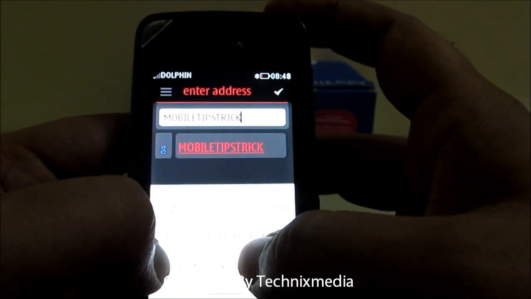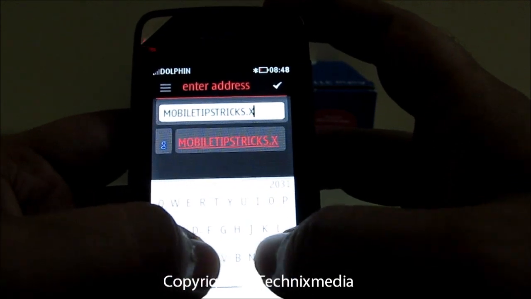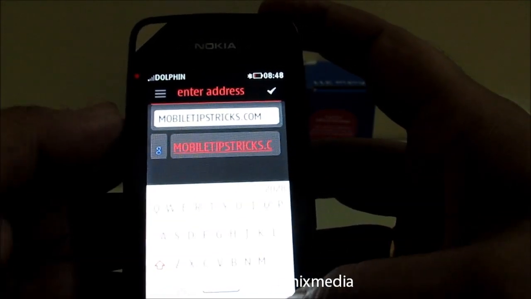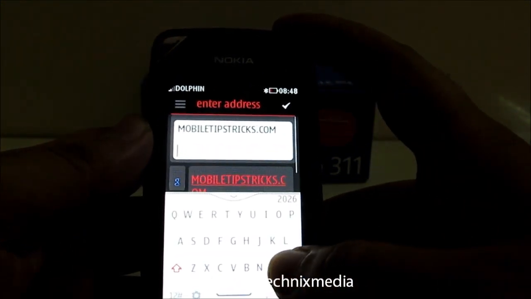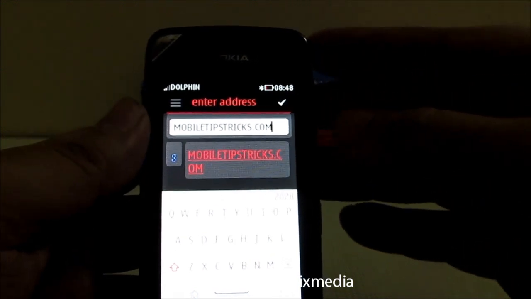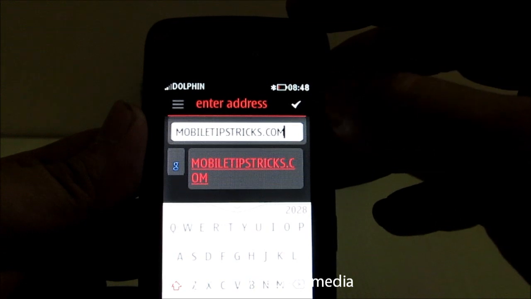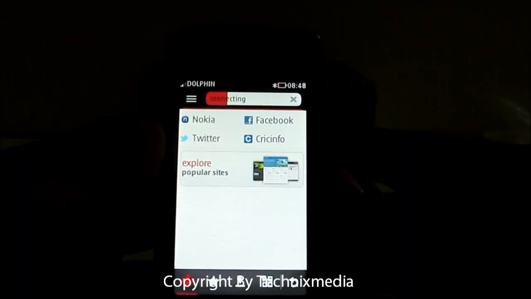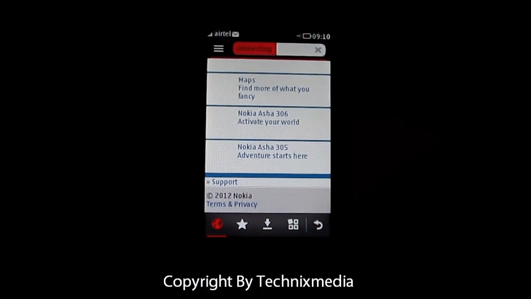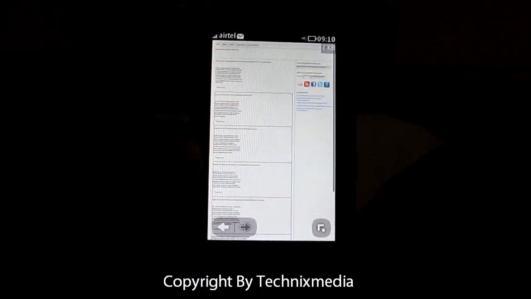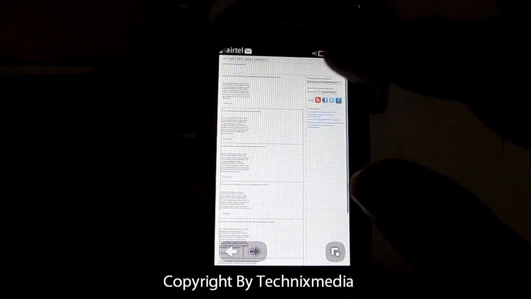So when it comes to typing, the experience is quite good. I can easily type on this phone using the QWERTY keyboard, and once you have typed the URL, you need to tap over here where you see a right icon. Now it will start loading the website. So it has loaded the website completely, quite fast I must say,